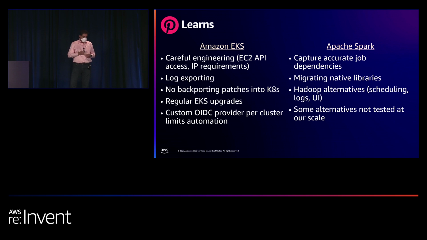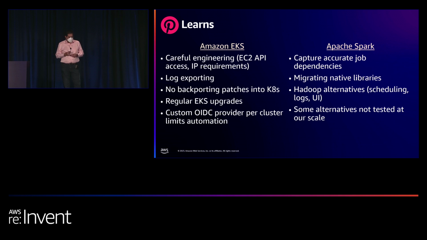So that's one thing. And then, because we have run our own Hadoop cluster forever and ever, we are accustomed to mixing and matching various Hadoop patches and deploying those into the platform. So obviously, because we don't own EKS, we don't have that luxury. We have to adhere to the EKS Kubernetes release schedule. The regular EKS upgrades, that's another thing. The fact that you're essentially on the clock and you have some time, but you still have to migrate EKS versions. So that's also a consideration.